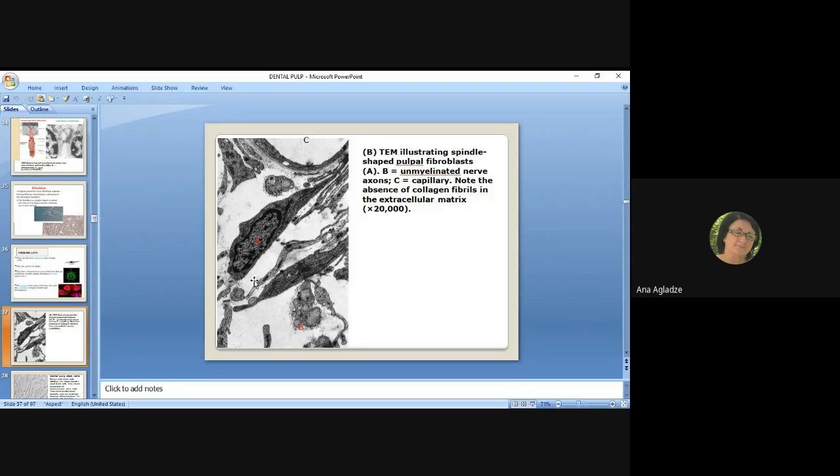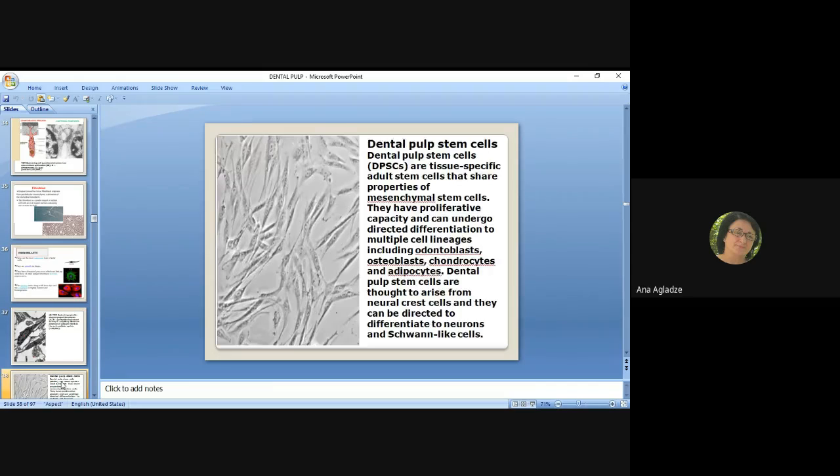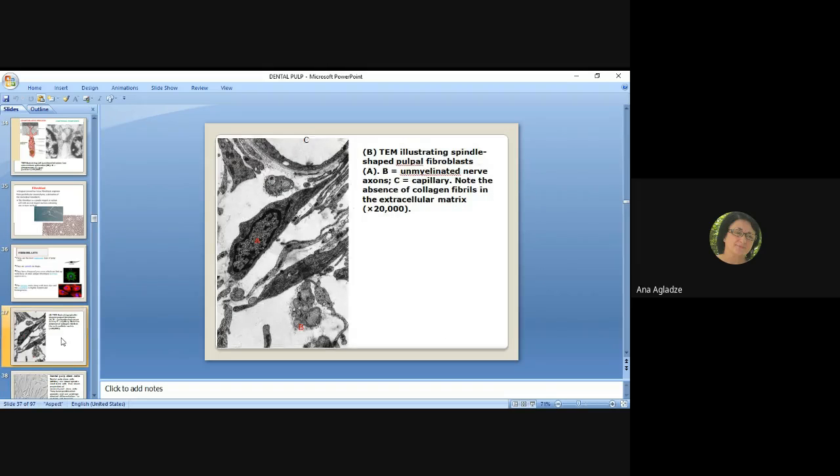The resting fibroblasts in older pulp are smaller, they are spindle shaped and have markedly fewer processes and contain a less pronounced endoplasmic reticulum and a less developed Golgi apparatus. Here you can see the fibroblast, you can see the unmyelinated nerve axon, and also you can see capillary, and here there is no